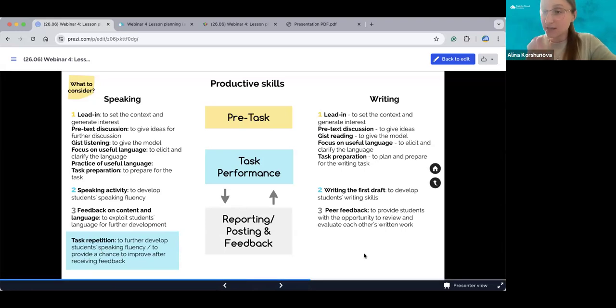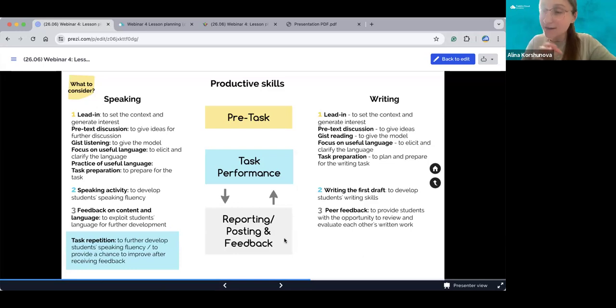How to plan the feedback stage? In writing, it might be difficult to give feedback from the teacher because it means that you will need to read everything. While they're speaking, you can go and monitor, or you can join breakout sessions and take notes about mistakes. In writing, it might be difficult. So here you might